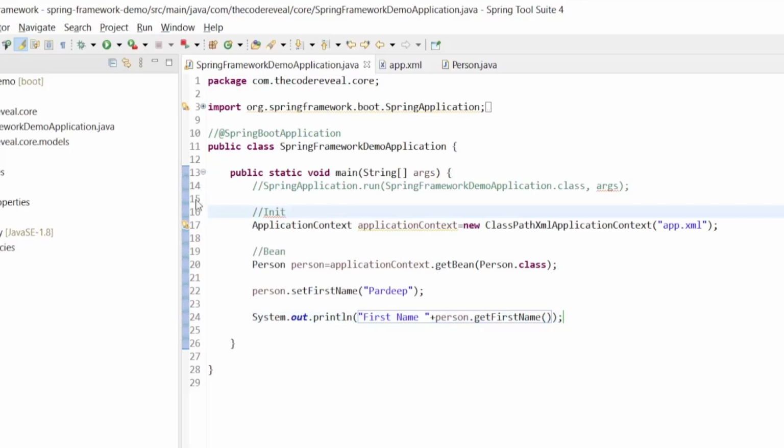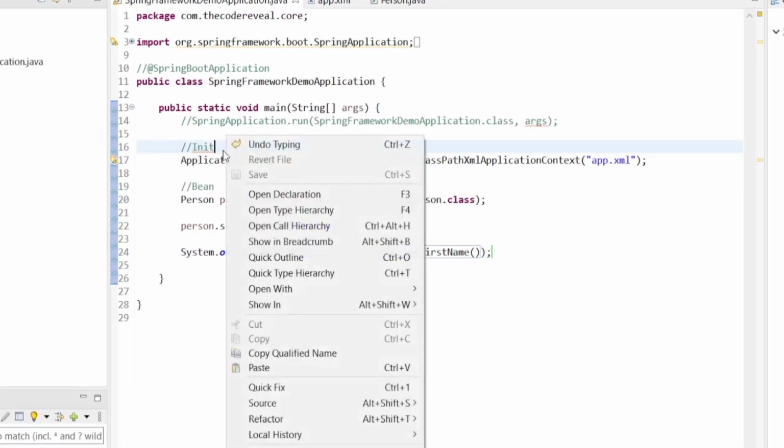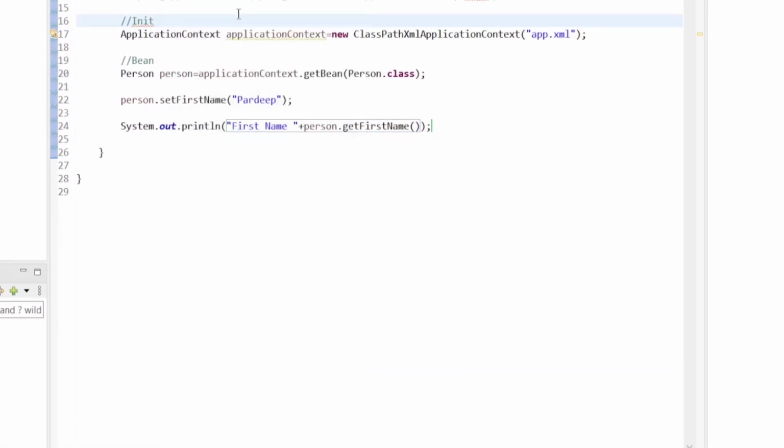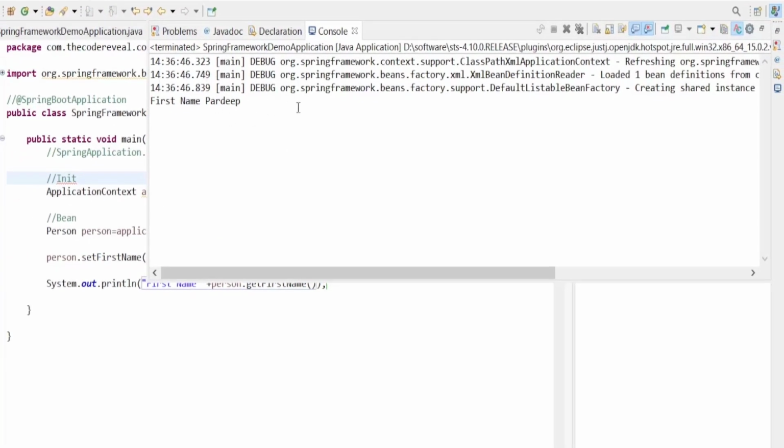Now to run this class, we can simply run it as a Java application. We don't need any other jar to run this application. We don't need any server.